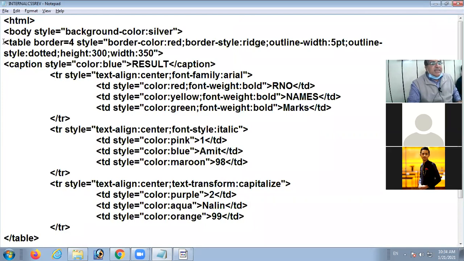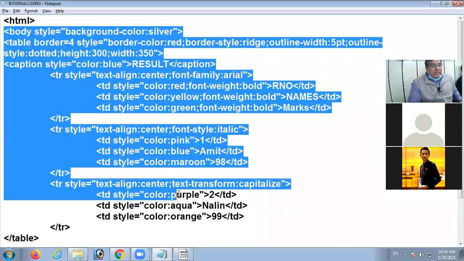First of all, you will set all the properties for the tags. Then after that, you will close the style tag, and then you will start the normal coding of the table. Right?